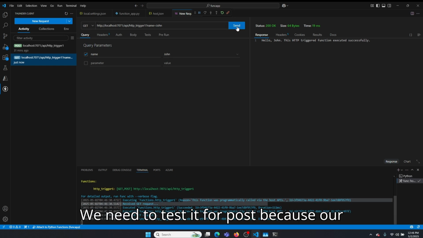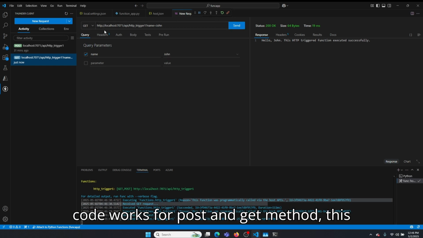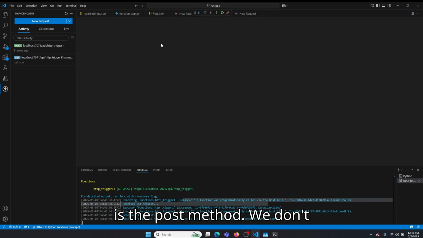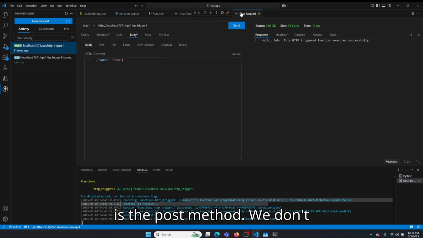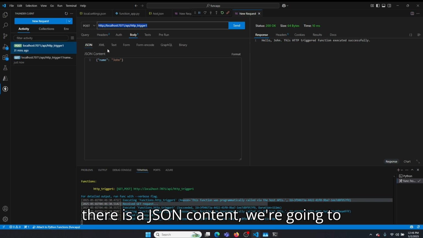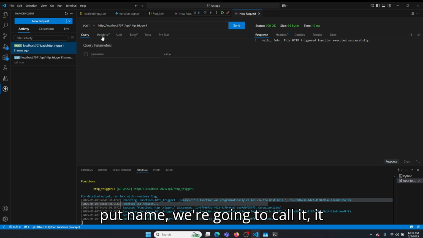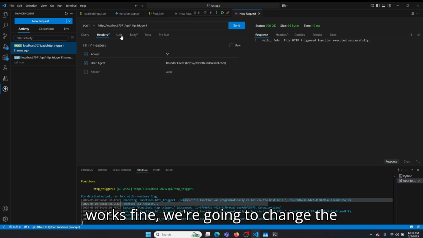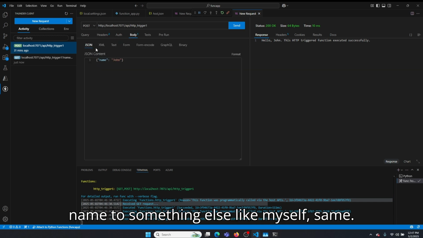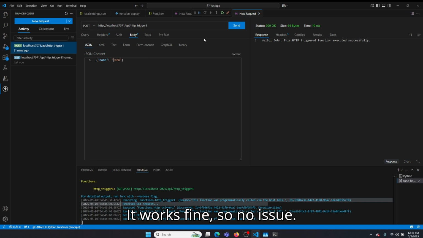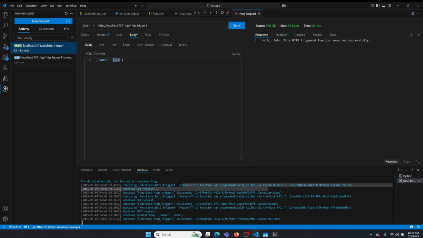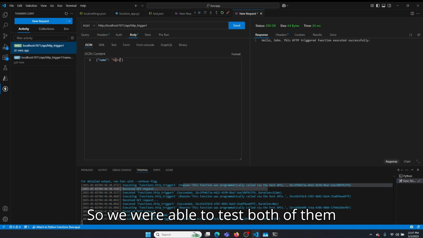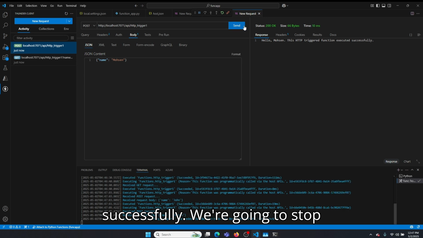We need to test it for post because our code works for post and get method. This is the post method. We need to put the value or the JSON in the body. So if there is a JSON content, we're gonna put name, we're gonna call it. It works fine. We're gonna change the name to something else like myself. Send. It works fine, so no issue. So we were able to test both of them successfully. We're gonna stop debugging,